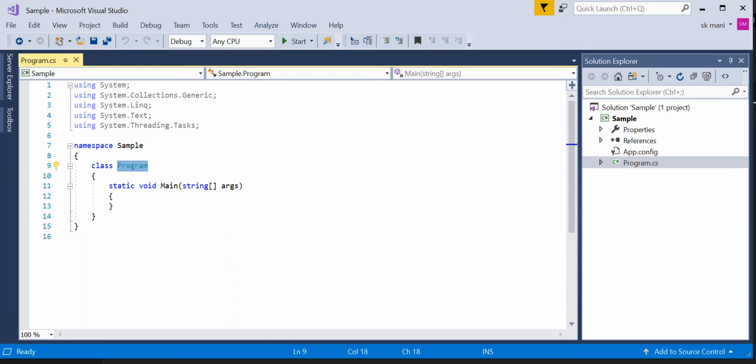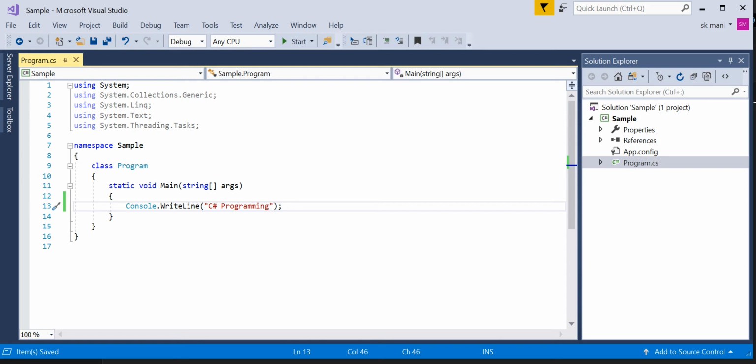In C and C++, the main function's letter m should be lowercase, whereas in C# it is uppercase. I have only one print statement right now. This is equivalent to printf in C, cout in C++. Give any string. I'm giving C# programming. Just save this.